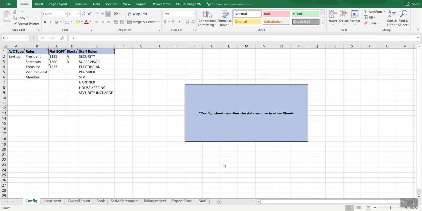Hello, in this video, I would like to demonstrate the master data template which I have downloaded from the app. Now, let us look at the different sheets. Here, in this sheet called config, I have listed out the account type and the different types of roles